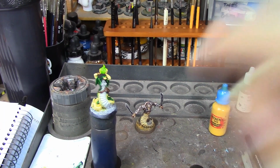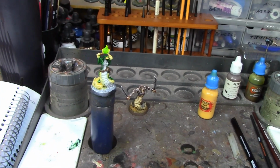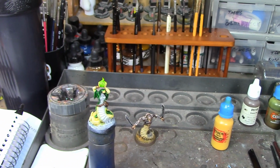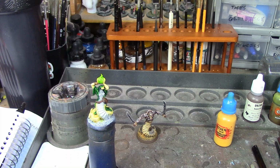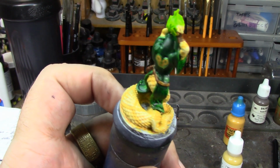There's one more thing I want to do to the skin, and then I'm going to do the base. So I'm going to go do that to the skin, and then I'll be right back. Alright, so the thing I had to do with the skin, which I have to admit does look better, and it's quite a bit more pronounced on the camera than it is in real life,